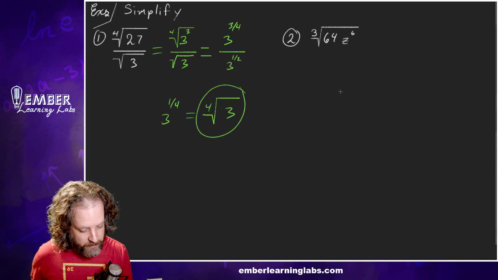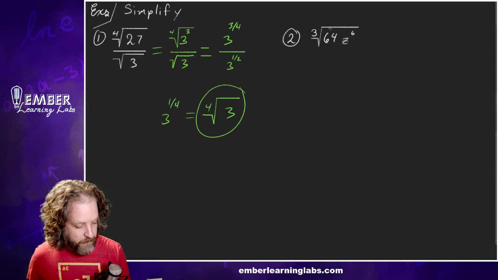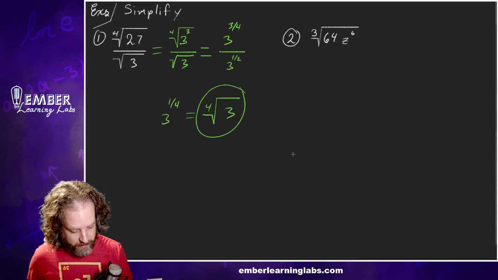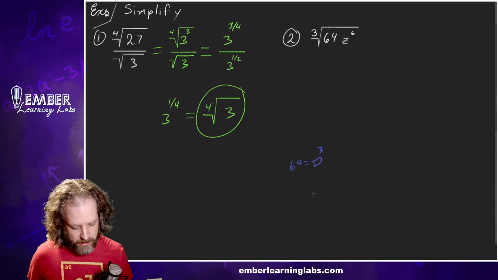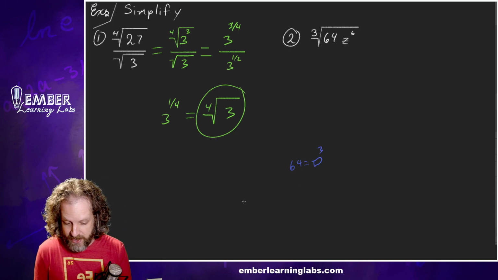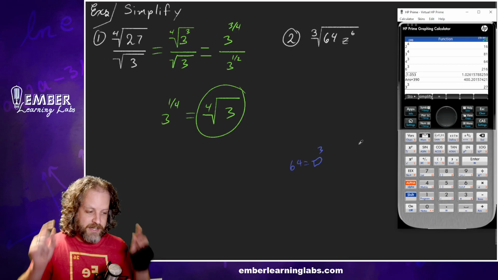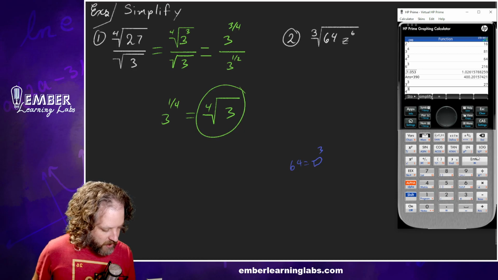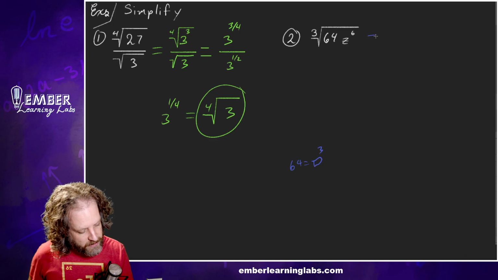So let's take a look at this particular example. So this particular example with the 64, again, we're going to kind of do something similar, right? If we can turn 64 into something cubed, then that would be great. It's not 2, because 2 cubed is 8, and it's not 3. We just did that. So what about 4? I think we did that kind of on accident earlier. I think that works, right? 4 to the third equals 64, right? So that's great. So we can turn this into